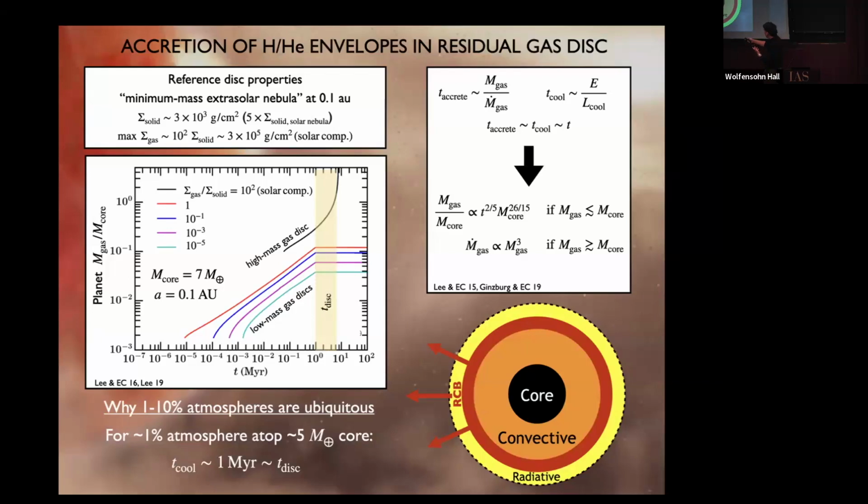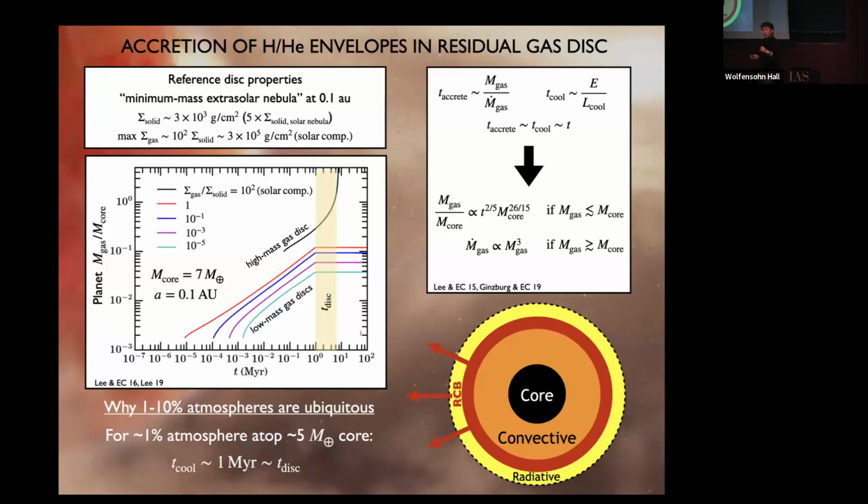This is some calculations of the gas mass fraction versus time that Eve Lee computed as part of her thesis. So if she puts a core into a disk and just watches as the gas accretes on top of it, if she puts these cores, these super Earth cores, in a young gas-rich disk, having a full solar composition's worth of gas, it accretes too much. So the envelope becomes self-gravitating. You basically explode to become a Jupiter, which is not what you want.